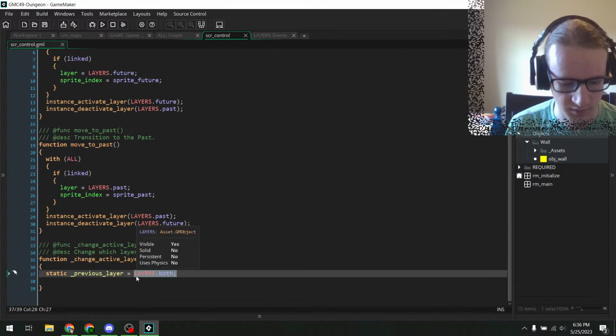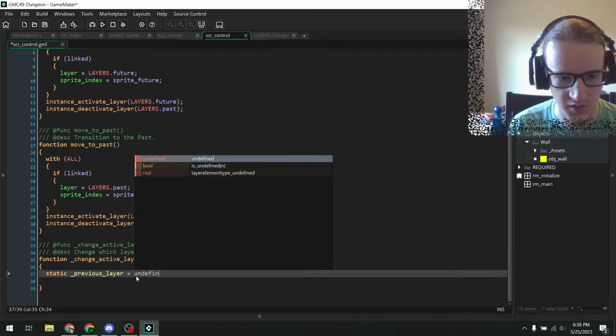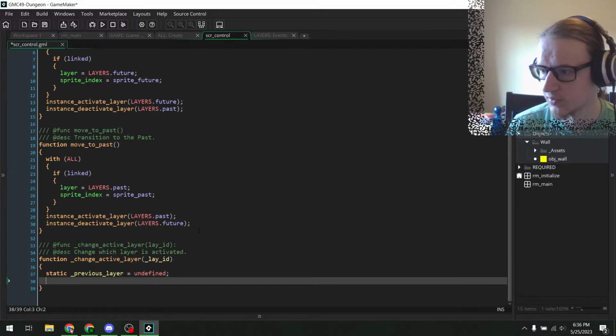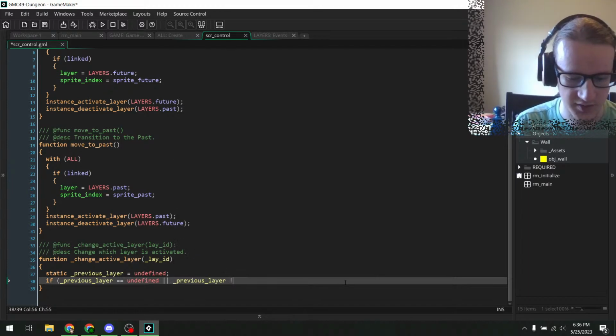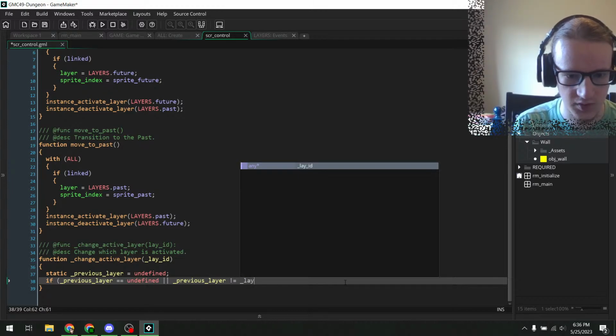Actually, that doesn't matter because everything's going to move off of both. Nothing will stay on the both layer, so I don't have to deactivate anything there. They are going to move. So if previous layer is undefined or previous layer is not equal to the new layer,